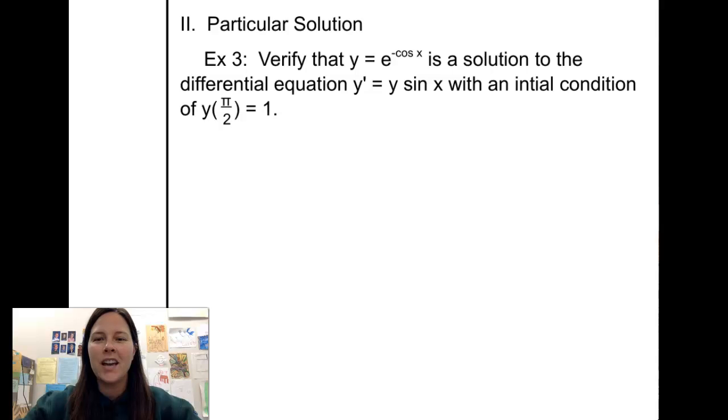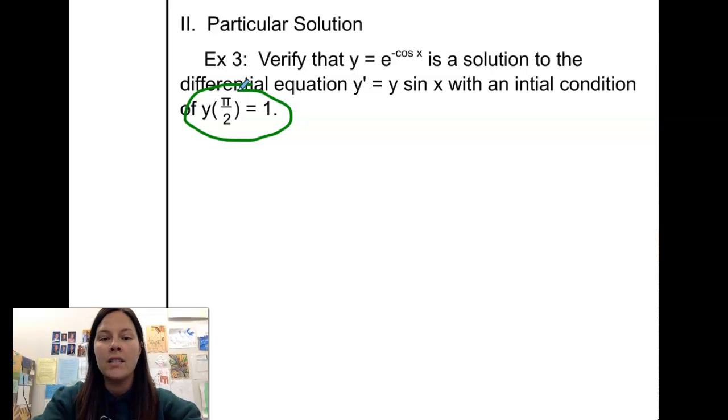All right, taking a look at example 3. The only difference between this one and the first couple is that now we also have an initial point that we're going to be verifying. So we're going to start with that. All we're going to do is sub in the x value for x into the y equation. Notice it says y of pi over 2. It's not a derivative. And we're going to sub 1 in for y. So we're going to replace y with 1,